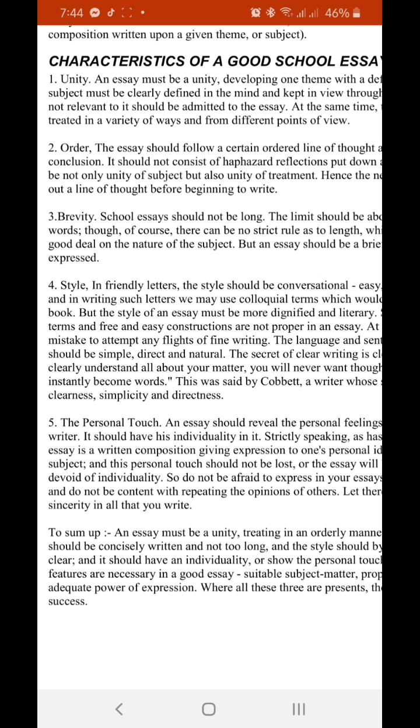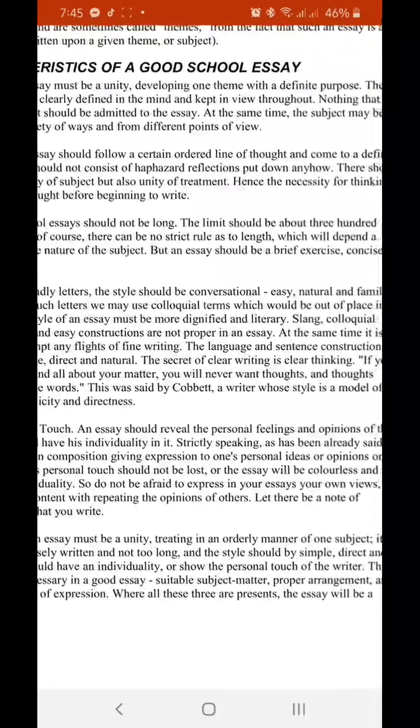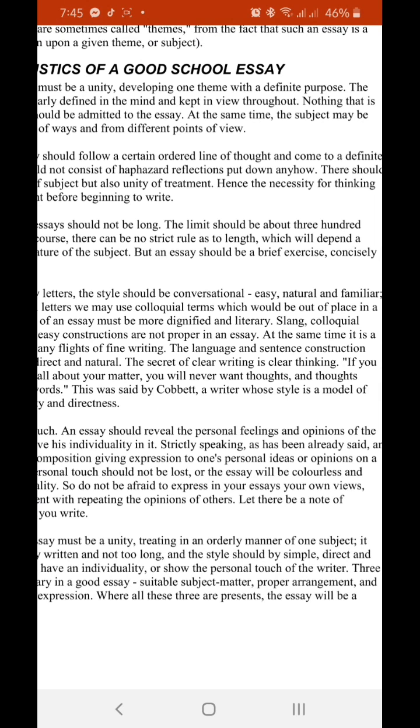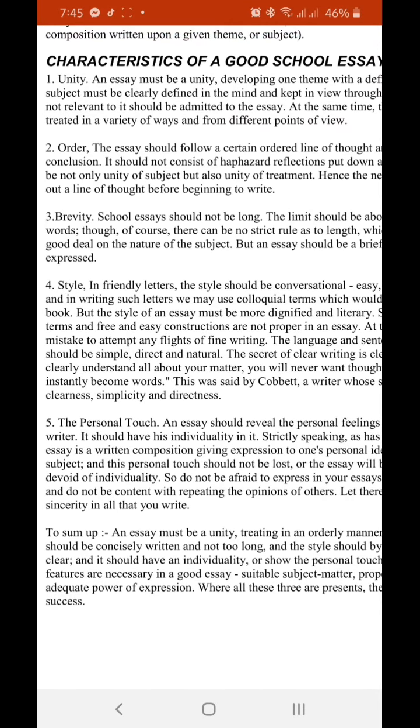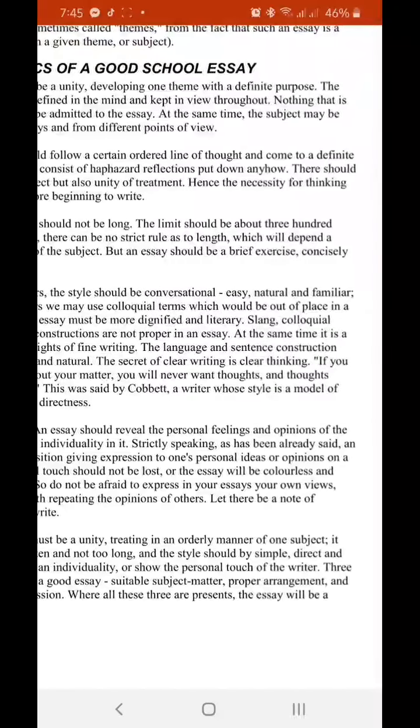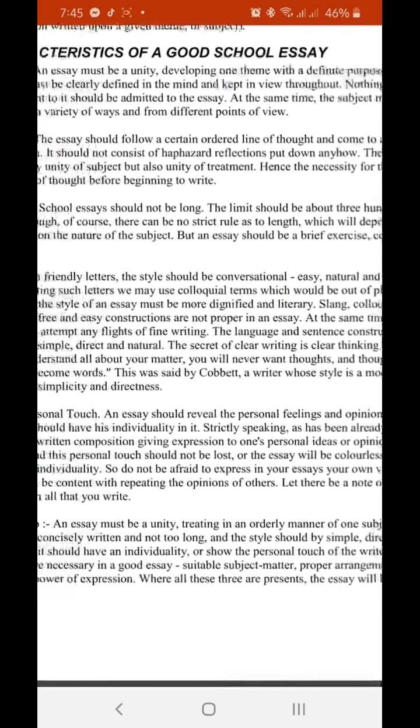Next, the personal touch. Personal touch can never be avoided. It means that the personality of the writer reveals itself within the writing. So this is very important. It can't be left out, and it reveals the personal feelings and opinions of the writer. It should have his individuality in it. Strictly speaking, as has already been said,